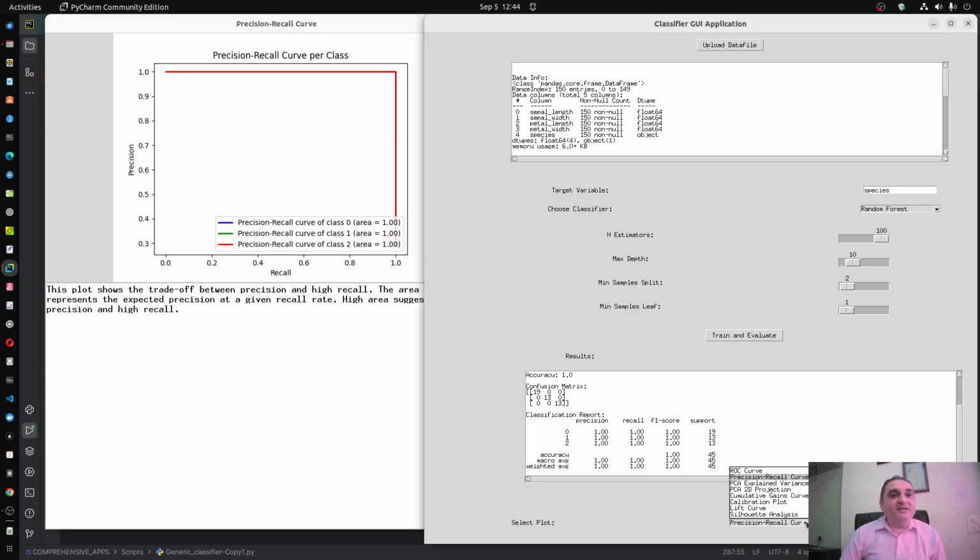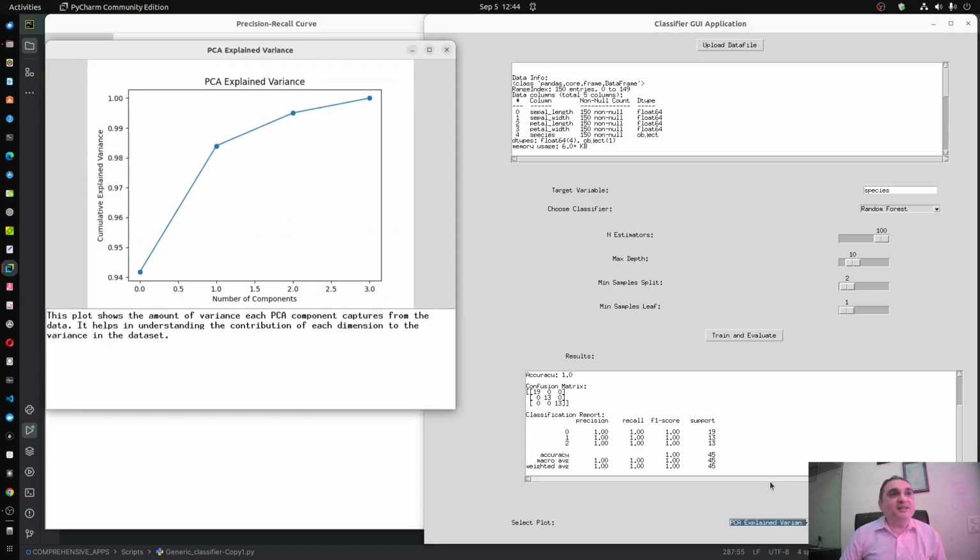Then let me check PCA explained variance. Now you can see here it is number of components and explained variance. Number of components means the features actually, so it is kind of a representation of features. If you take no feature, then obviously your explained variance will be less.